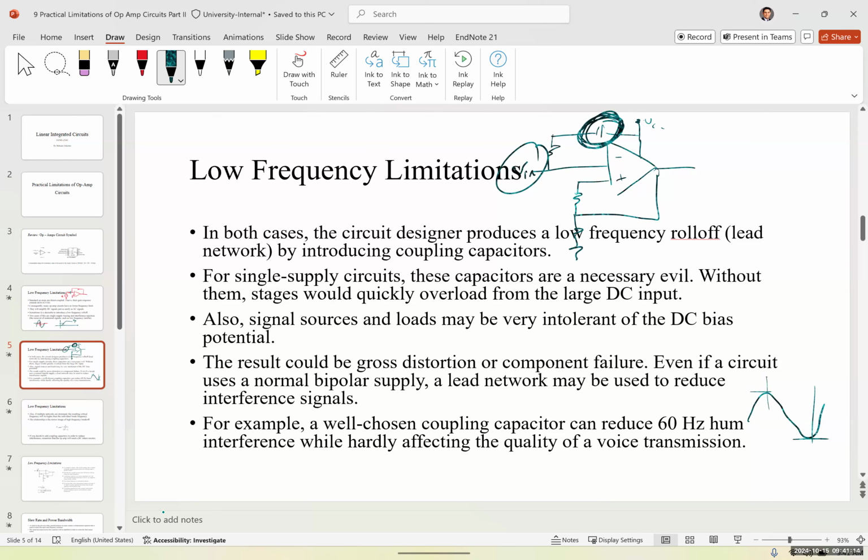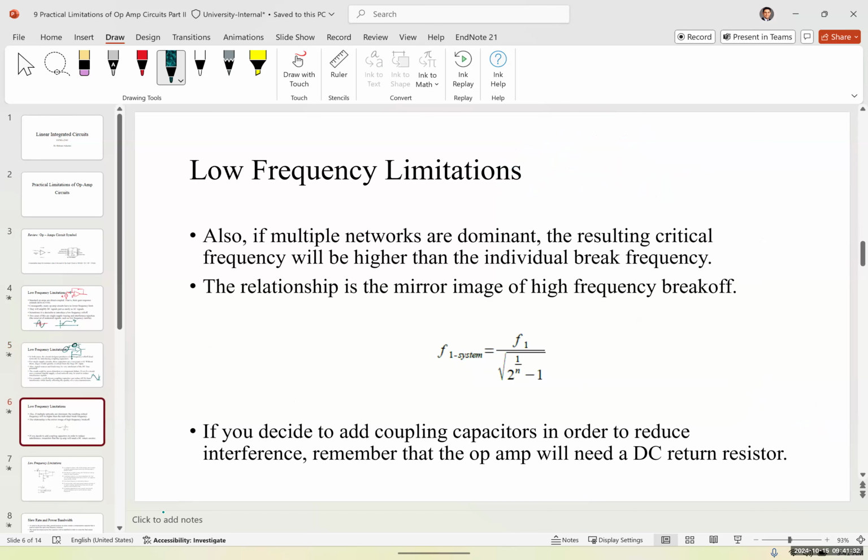We can hear between 20 Hertz and up to 20 kilohertz, so 60 Hertz, we can hear that. And it's an undesirable noise when you have an audio amplifier. It's going to have that humming noise. And we can get rid of that if we use proper coupling capacitors. Now,